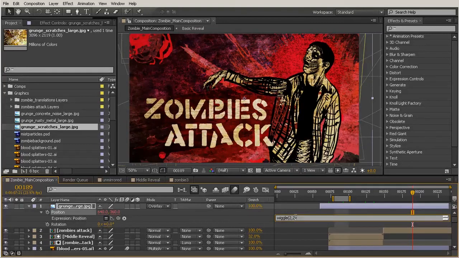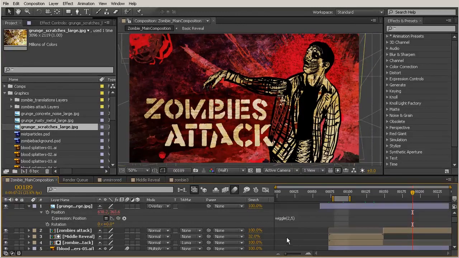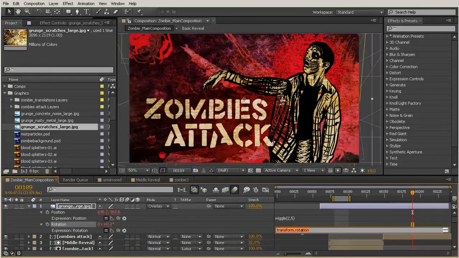So maybe even a 2 is too small. Maybe we want it to move 5 pixels. So we'll definitely be able to see this wiggle for this layer. And then let's add a little bit for our rotation. So hold Alt, click the rotation stopwatch, type in wiggle, open parentheses, and this one we can do something more subtle than the other rotation we had. So maybe we'll do a 1, 2,